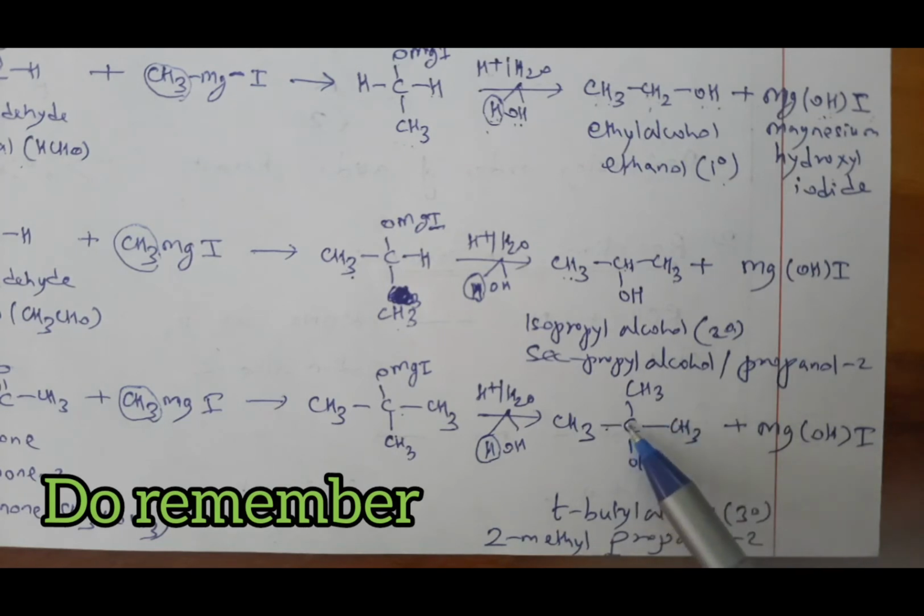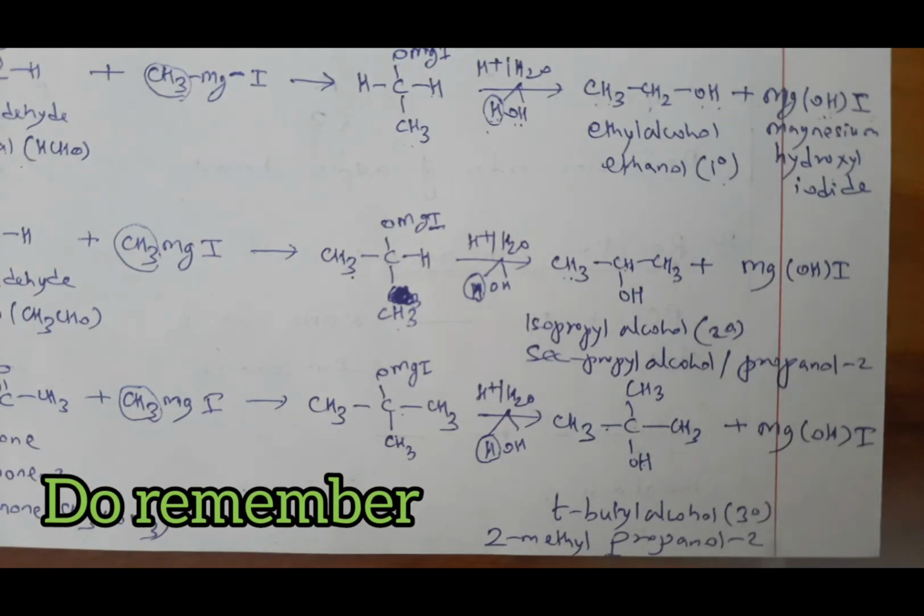There are 4 carbons, so butyl alcohol. So this is called T-butyl alcohol, meaning tertiary butyl alcohol. IUPAC name: longest carbon chain 1, 2, 3, and a methyl is hanging, so write 2-methyl for 3-carbon propane, ol 2, because the alcohol is at position 2. So this is how we prepare primary, secondary, tertiary alcohol from Grignard reagent by reacting with aldehyde or ketone followed by acid